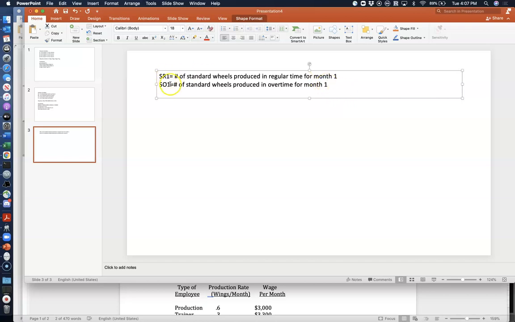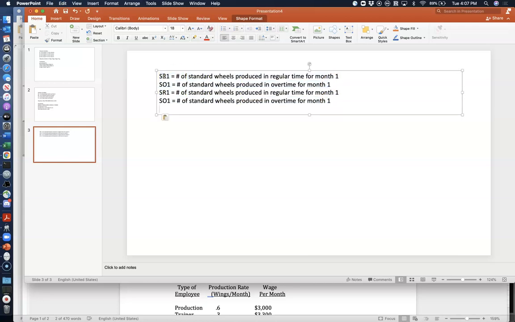So that's SO1. So SR1 is for regular time, SO1 is for overtime, right? There you go. Now similarly, I'm going to have SR2 and SO2. So number of standard wheels produced in regular time in the second month, number of standard wheels produced in overtime in the second month,